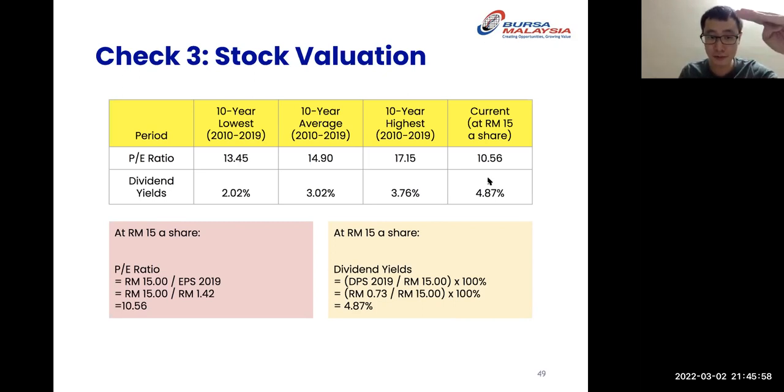Number one, the motive. The motive is to own Public Bank for the long term. We are not here to trade. We want to actually acquire the business, and we want to own it for life. That's number one, check the motive. Number two, we'll check the fundamentals. So fundamentals will go through the four